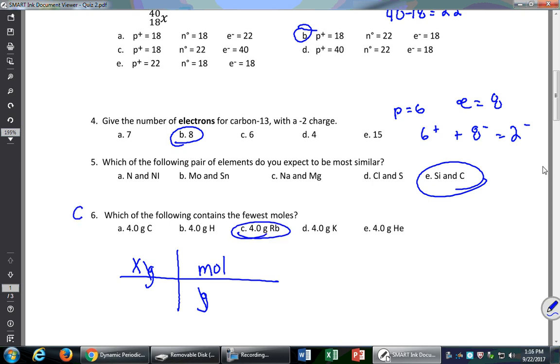And you can go in and calculate the number of moles for each of them, and you would see that C would give you the lowest number, but you didn't have to, unless I specifically asked you for that number. Look on your table and find the mass of the Rb. Nope, the mass goes on the bottom. For it to cancel out, our grams need to go on the bottom. Our mass on the periodic table,